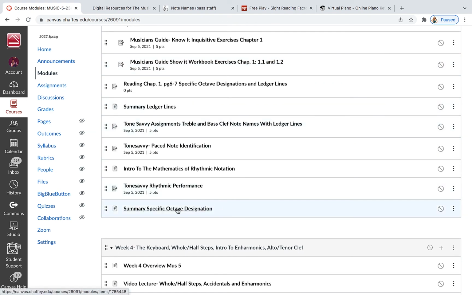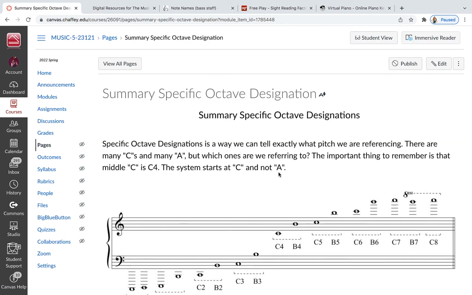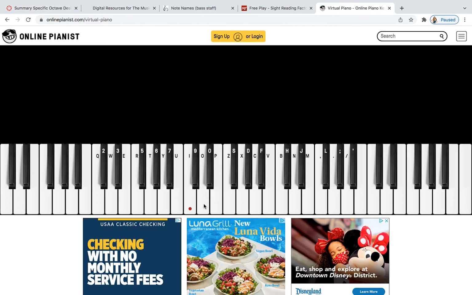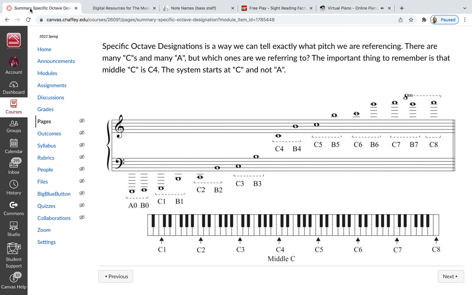And in your module, I put this. All right, so here's the keyboard. Everybody who studies piano learns that this is middle C. That's the C right in the middle of the piano. That's this guy. Now, if you notice, they're calling this middle C